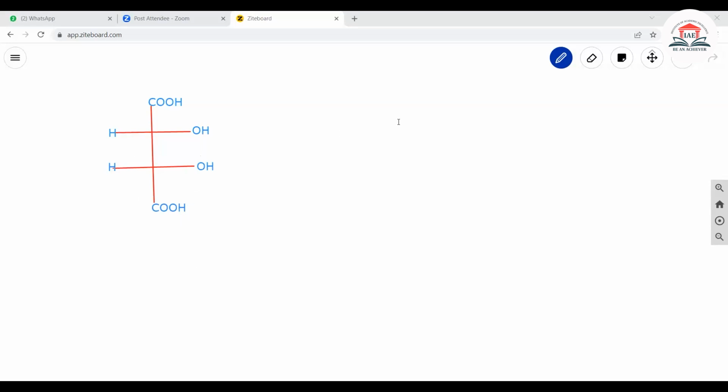So this is the mesotartaric acid. Okay. As you can see that there is a